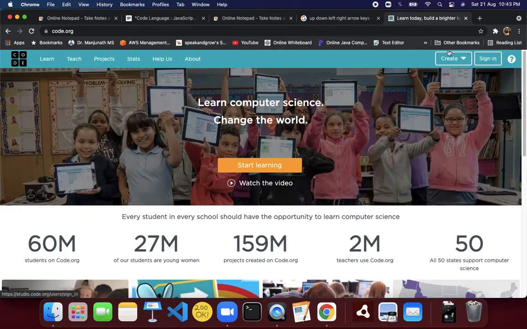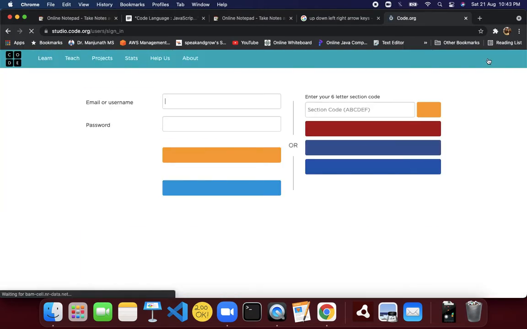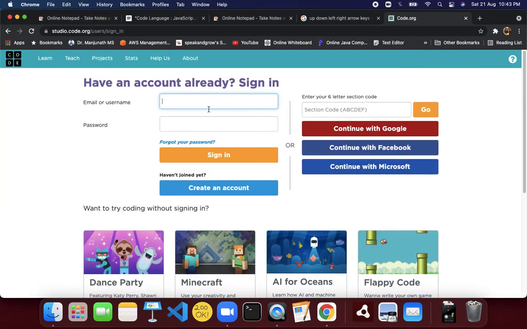Once you enter, it will ask you to sign in. This is the top right button that you will find. Once you click on sign in, you will be given the chance to use your username and password, or you can create an account, or you can log in using your Google account, Facebook account, or Microsoft account.